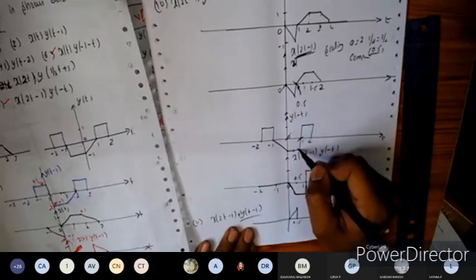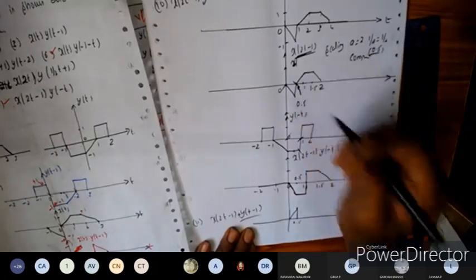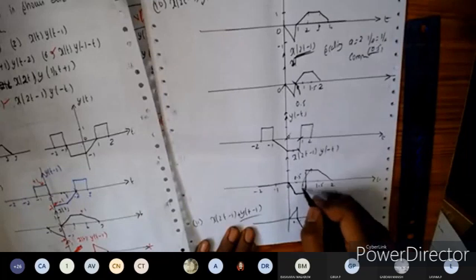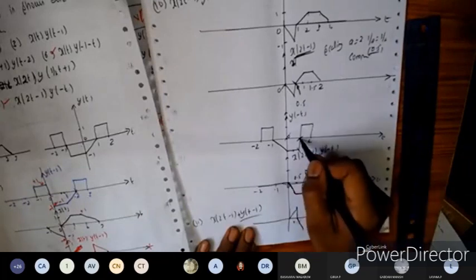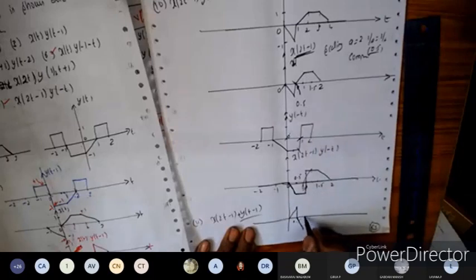this is 1. It is minus 1 here. T is less than 1, it is minus 1, so it is plus 1 here. Plus 1 multiplied with minus 1 will become minus 1. So the triangular waveform will become like this here. Next, t exactly equal to 1, it is 0. It is something 1 here. So 0 multiplied by 1 will be 0. We'll get the waveform like this.